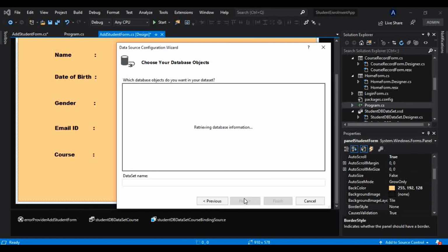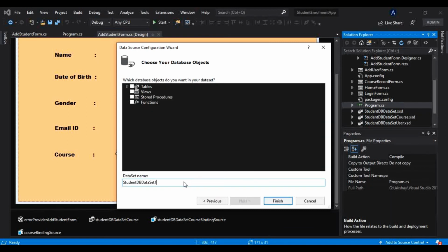It is retrieving database information from the database. I will name that course combo box, and select the course table from there. I will check that and click Finish.